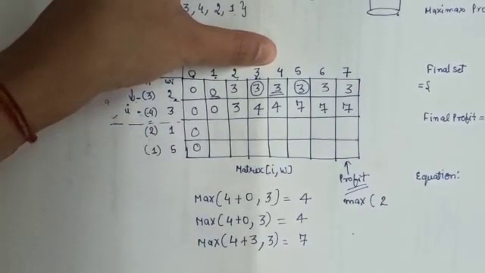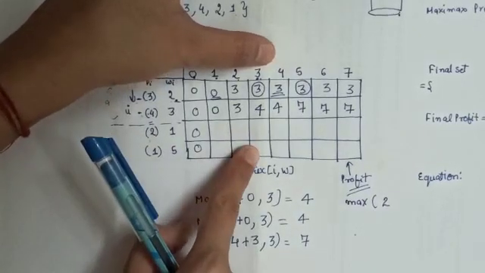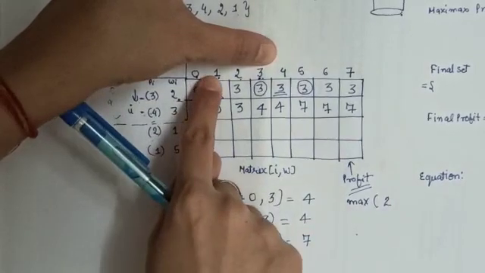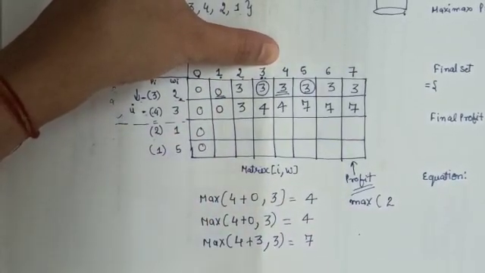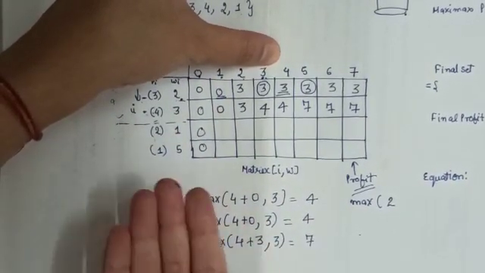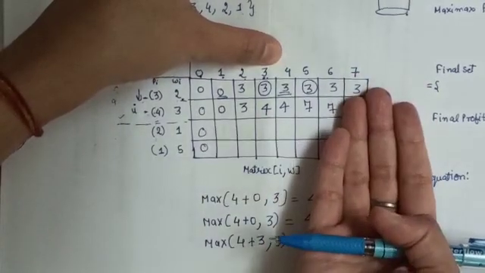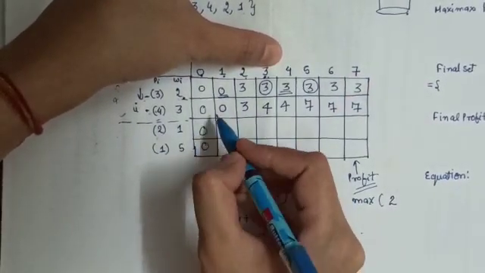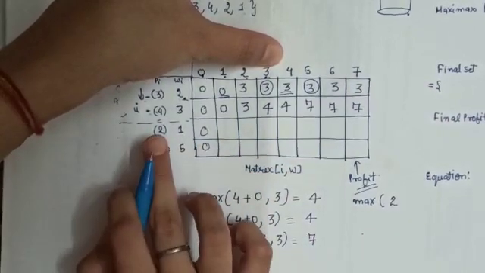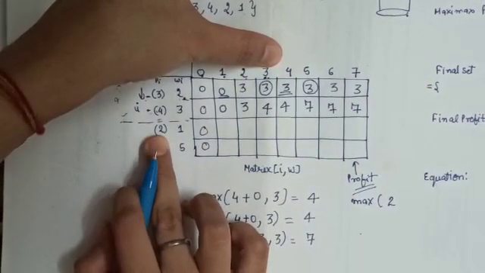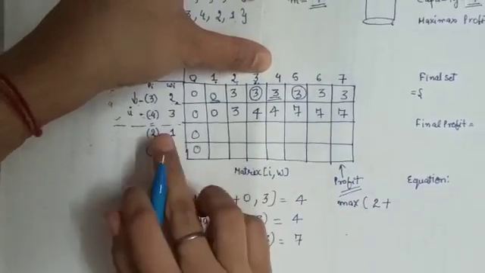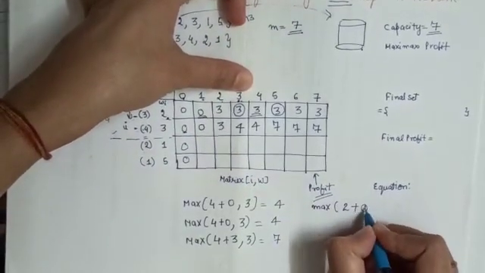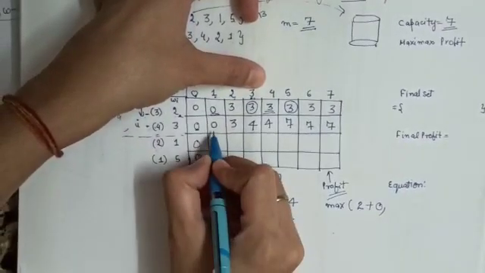Okay, but that is possible, right? Because the size of your bag and the item size are the same. If the weight of the item is more than the capacity of the bag, then you have to definitely exclude it and copy the elements from the above row. Okay, so we'll come to this point again. What is the profit? 2 plus, what is this? 1 minus 1, 0. So we will go here to 0, and if I do not include it, it is 0.